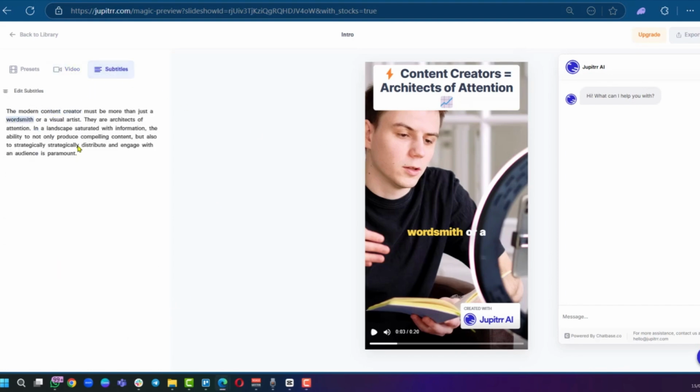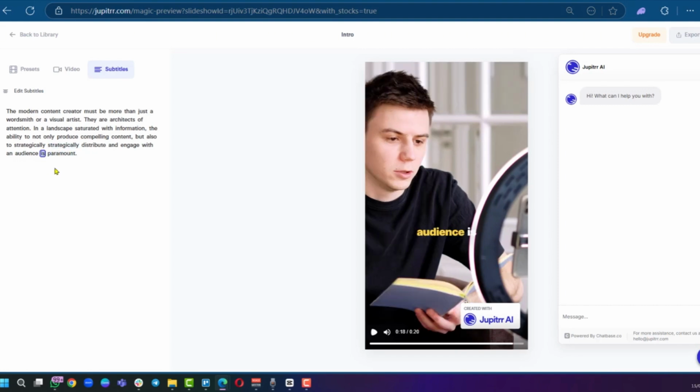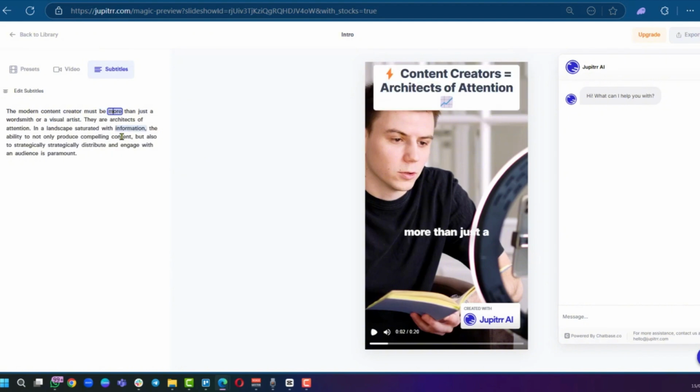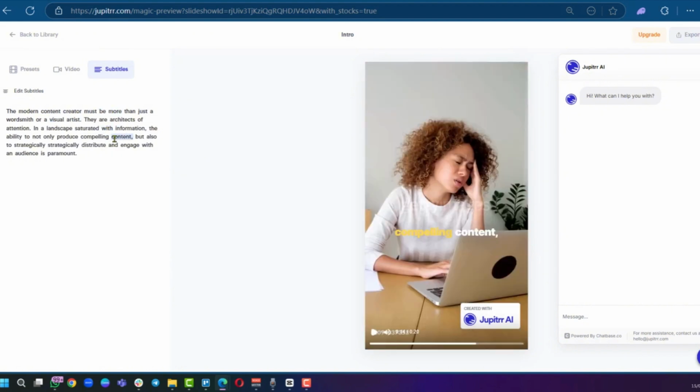Now these subtitles are generated by Jupitrr AI from the audio of this video, and if there is any mistake, of course you could expect with AI sometimes, you can then do some little edits here. So when you click on it, it's going to take you to the area of the video in order to see what it's showing at the time, and this is a great feature. And when you're done with everything, you can go ahead and export it with the button at the top right corner,